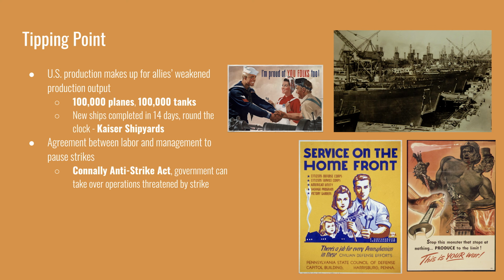This wasn't unique. It had been done in the past by the first President Roosevelt. Theodore Roosevelt had threatened to do the same in the midst of a coal strike in 1902, but that was after the strike had already started. The Connally Act was significant because it gave a preemptive warning to all that the government would not waste time to step in. The propaganda that was being put out also tried to make the workers feel like they were making a difference and a sense of purpose. The government hoped that the sense of pride they instilled would also keep any strikes at bay.